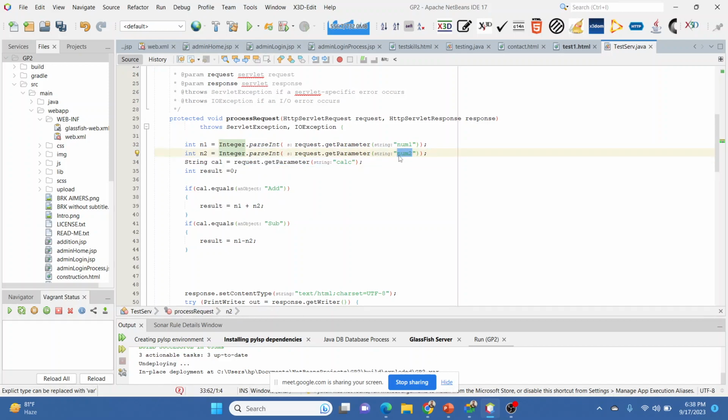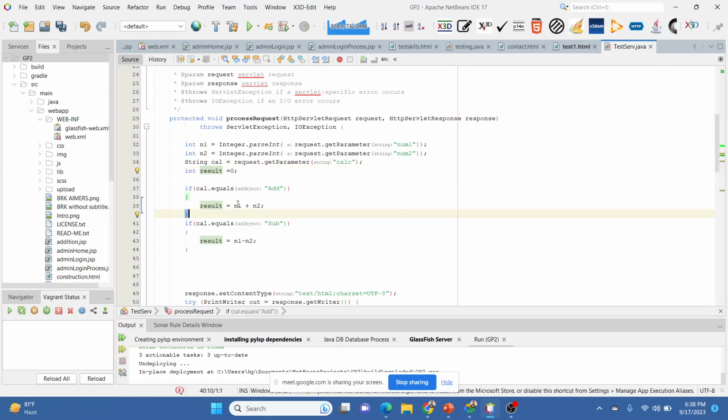Whatever we entered into number two is converted into an integer and stored in n2. The third parameter is Kelsey, the drop down menu. There are two values, addition and subtraction, and both are strings. So we again did request.getParameter with Kelsey and saved it into Kelsey, and we created a variable called result. Initially we have given it the value 0.